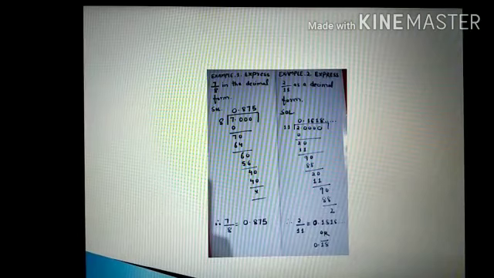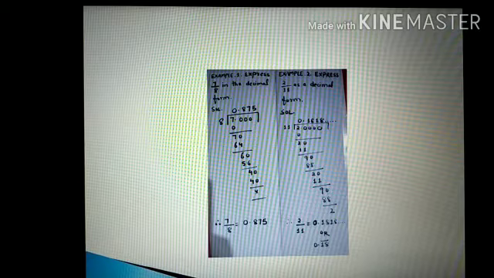Example number 1. Express 7 by 8 in the decimal form. We will divide 7 by 8. While dividing, we will observe that in this case the remainder comes 0 and the quotient is 0.875. Now in the second example, we will divide 2 by 11 and we will observe that in this case the remainder does not come 0 and in the decimal part of the quotient